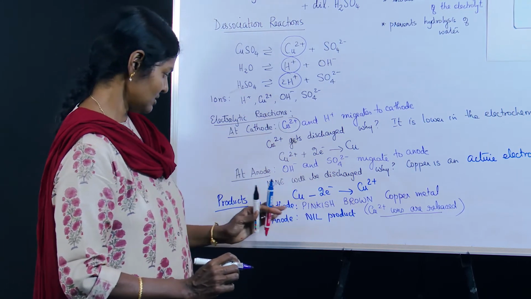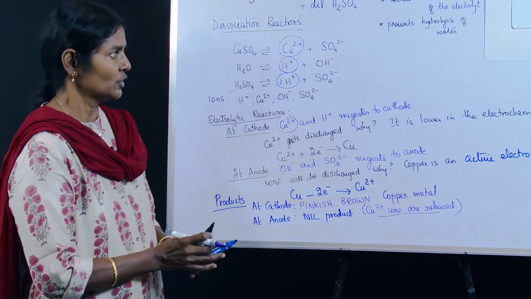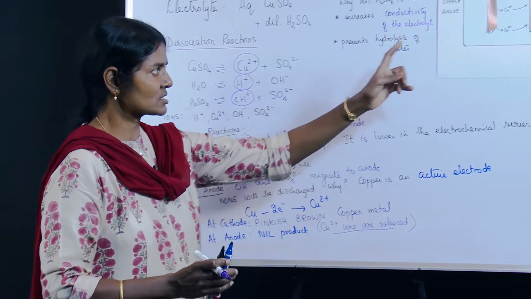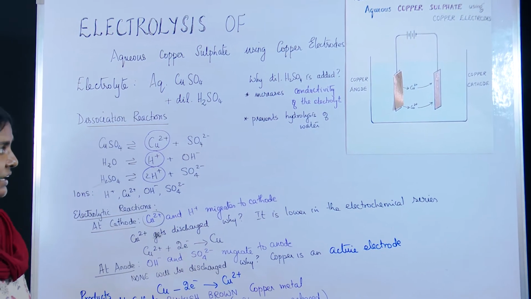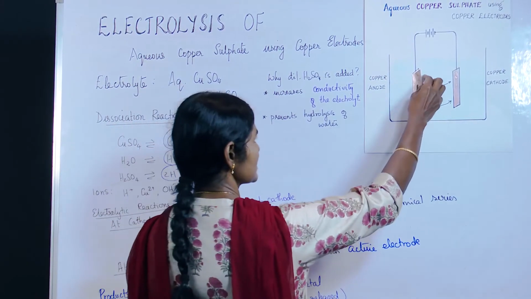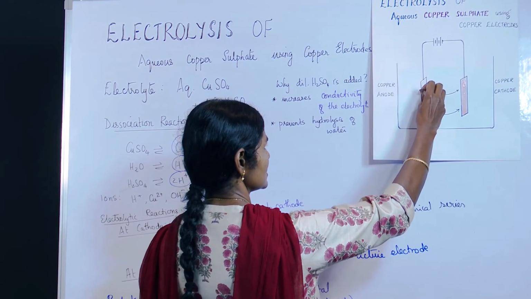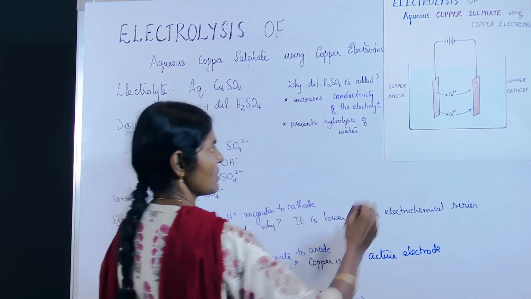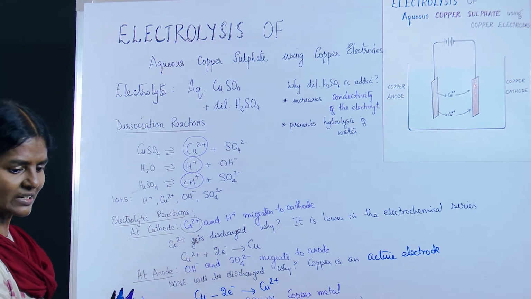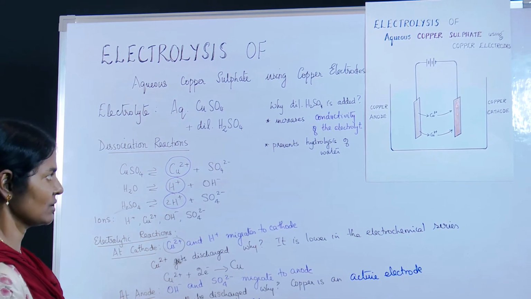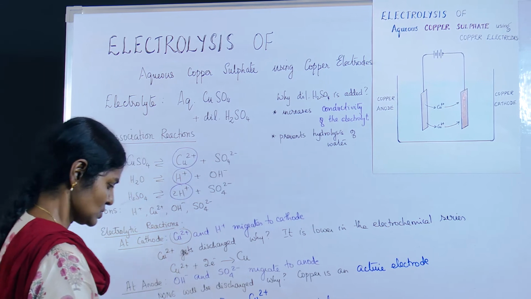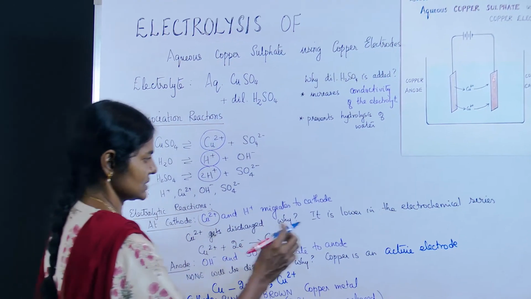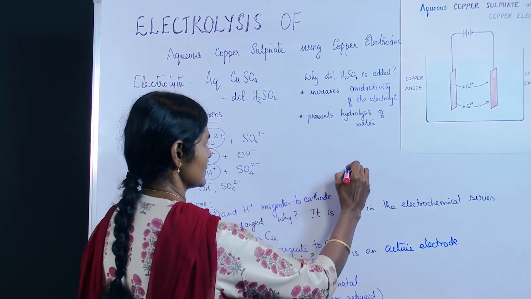So, what is the observation here? You have pinkish brown deposit of cathode, that is copper. At the same time, what happens is slowly the size of the anode will decrease. See, it was so big earlier, slowly the size becomes smaller. So, the observation as such, when we look into it,